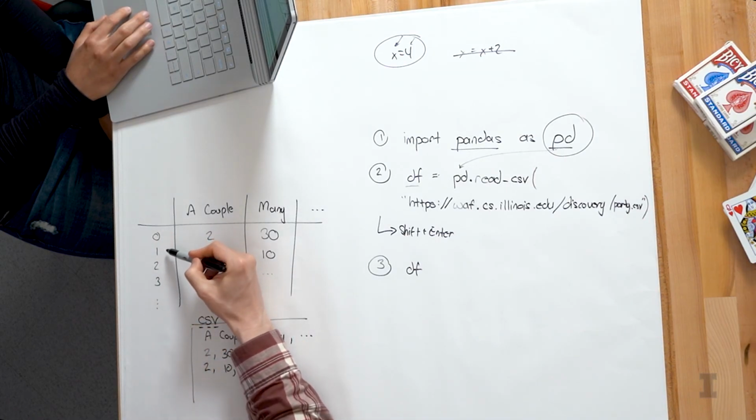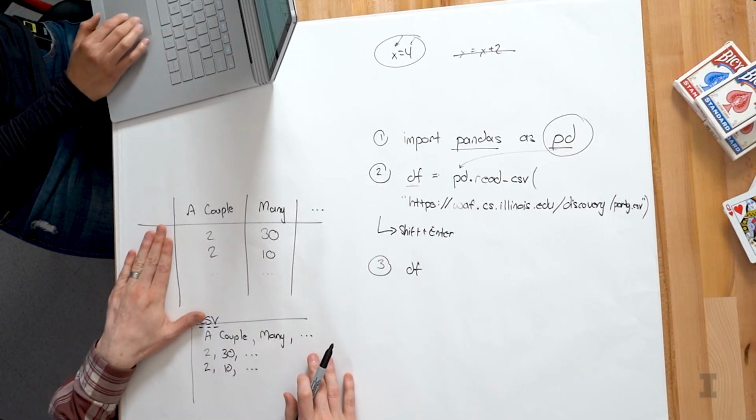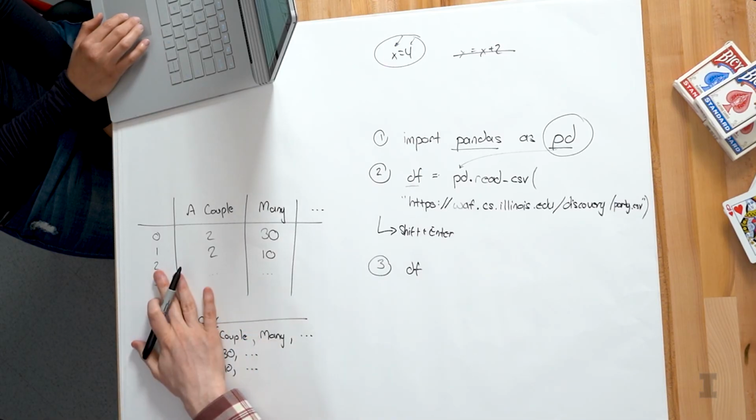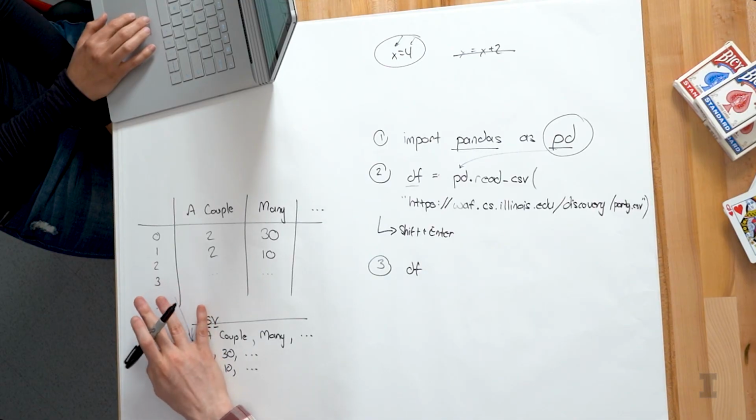We'll start counting from 0, 1, 2, 3. You'll notice the index is just a way we refer to the data inside of the data frame and isn't actually present in the CSV. It's something that Python automatically adds for us. And we'll talk more about this index as we go through this series. Yes, and I can see all the way up to index number 55. Awesome. All 56 people who have now taken our survey. Great.